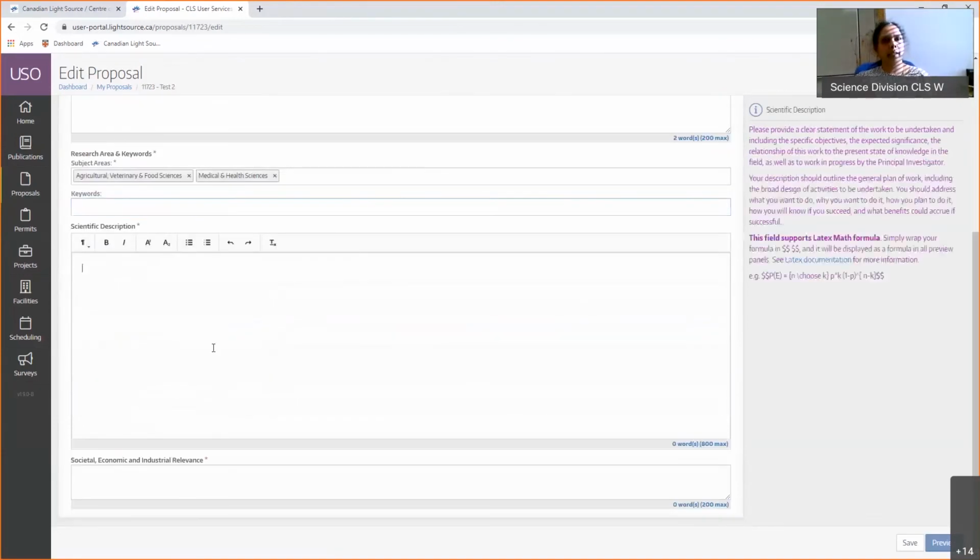Scientific description is an important field. Remember, scientific merit is the important score. It has a word limit of 800 words. This is where you explain your scientific problem, how this was dealt with by other people previously, and the questions that were not answered. And this is what you are proposing to work on.